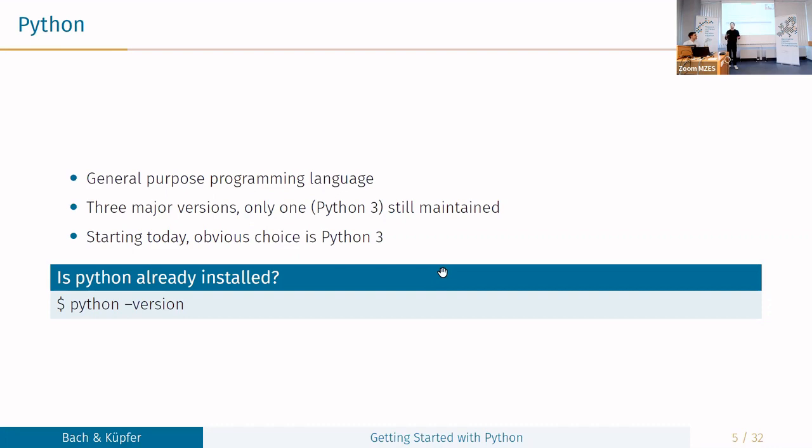Some words about Python. Probably most of the stuff I already mentioned. It's a general purpose programming language. There are different versions. Today, you find some Python 2, but most of the stuff is Python 3. If you're getting started with Python today, you will probably just want to use Python 3. When you go on the web and look for tutorials, you sometimes still find, do I need to use Python 2 or Python 3? If you want to do data science stuff, then probably your default choice is just Python 3. That's it.